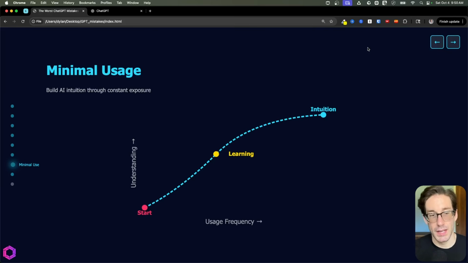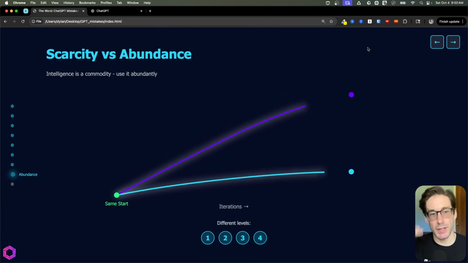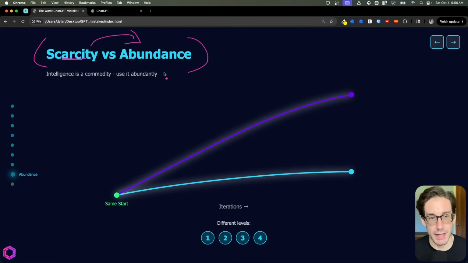That's number two. And number one is going to be a mindset shift. This is going to be the shift from a scarcity mindset into an abundance mindset. And this goes all around the concept of intelligence becoming a commodity. If AI is commoditized and everybody can get access to it, we're commoditizing intelligence to a degree, and we need to embrace that. That means we can use these tools abundantly, sampling them and seeing what different outputs look like.